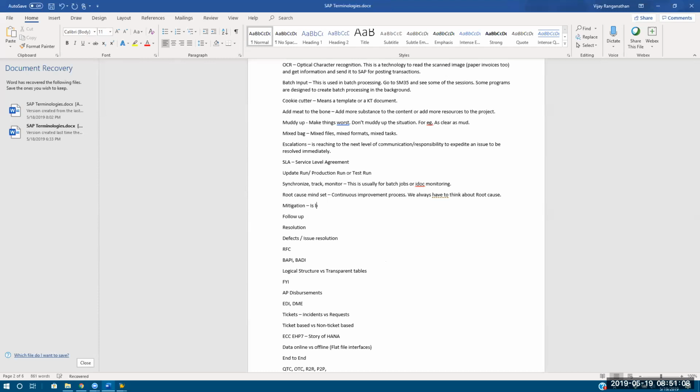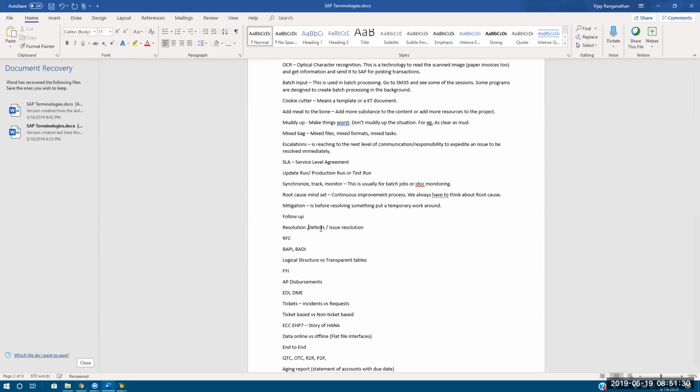Mitigation is, before resolving something, put a temporary workaround. Okay. Great. Then follow up. Excuse me. Follow up, what follow up, right? Resolution, what's resolution. Defect, issue, resolution, they're the same. I'm just wanting the same thing. RFC is called, what's RFC? Remote function call